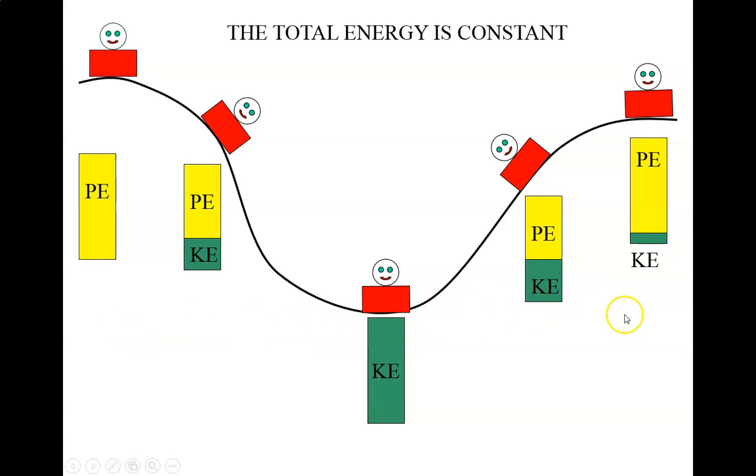assuming that I consider this bottom part to be my ground state, my zero height, which you always need to consider one elevation to be. We're considering this to be my zero height right here, although it could technically still be elevated off the ground, which it actually looks like it is, if that makes any sense. And then as we roll back up the hill, we're slowing down, we're losing kinetic energy, and we're gaining gravitational potential energy, and then et cetera, et cetera.